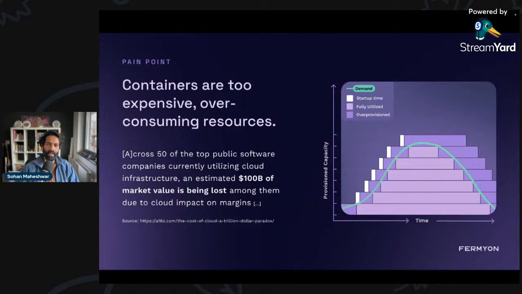The thing with WebAssembly is you can truly scale up and down, and you can scale it down to zero as well. And because of things like its fast startup times, you don't need to wait to scale for your peaks. You can actually scale to those peaks almost instantly, thereby reducing the need to over provision.